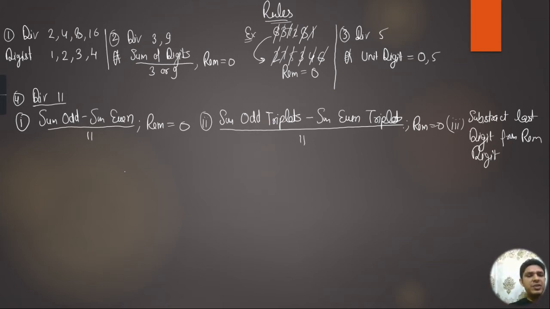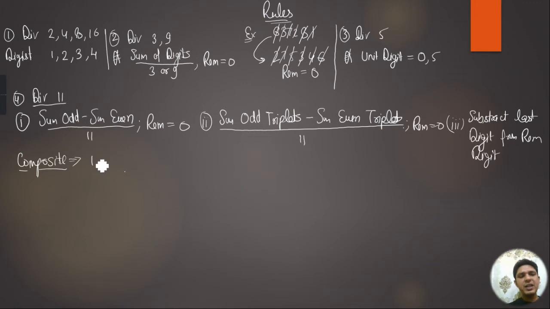So students, let's check with the example. In the example we can see in the questions only, right? So these are the basic rules that students must know before doing the questions of divisibility. Apart from this, there are some rules of divisibility of composite numbers. Composite number means the number that has more than two prime factors, right?